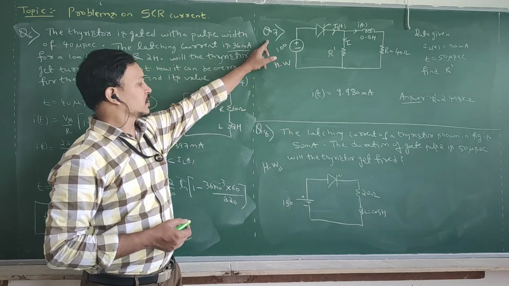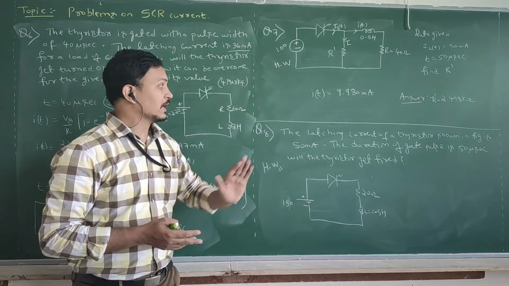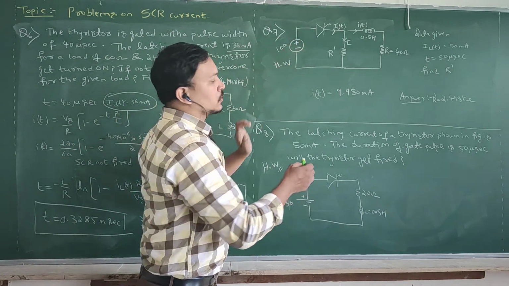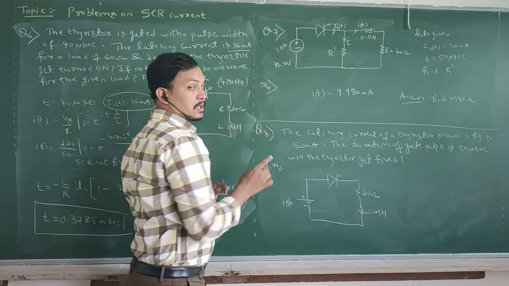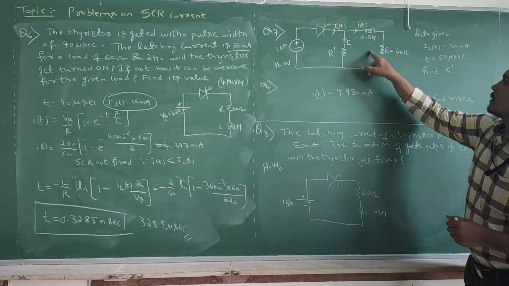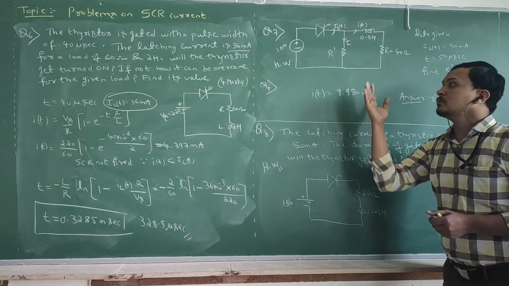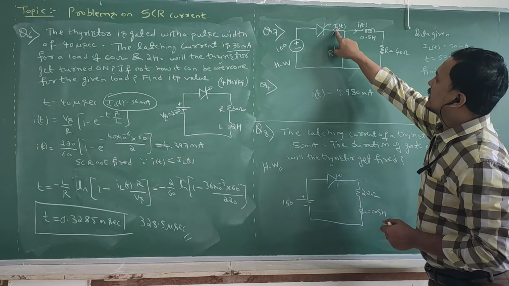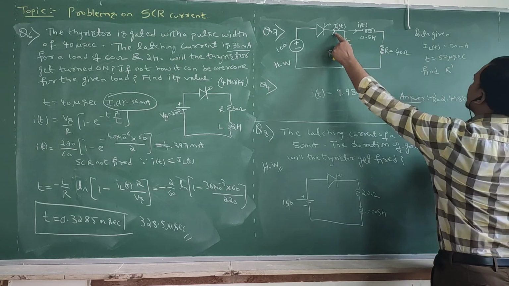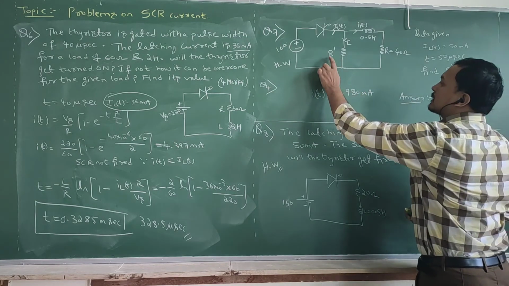Next, question number 7 and question number 8 are homework problems. You refer to the first 6 problems. You can easily solve this one. See, question number 7 is similar to question number 4. Refer to question number 4. See, what I gave in question number 4? RL load I connected here. The shunting resistance I connected after this. What I have done now is I connected it before. They gave the condition I_L of t, I and I of t. Okay. Data given: latching current is 50 milliampere. Time is 50 microsecond. You should find the shunting resistance.